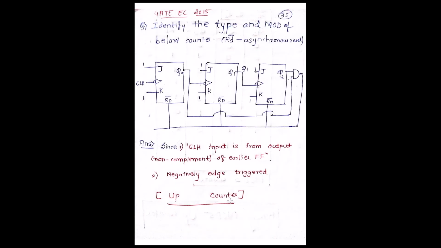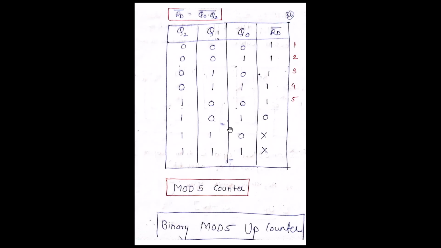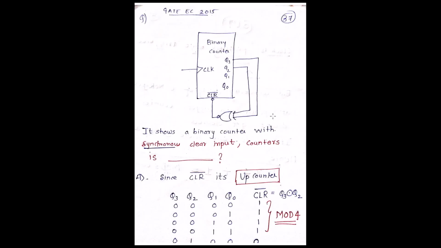So if I have to summarize to you again, just look at the flip flops. The flip flop has two inputs J and K. It has RD bar, which means it's the up counter. The clock is applied only to one flip flop, hence it is an asynchronous counter. Plus there is a triangle shape given over here, which indicates that it's edge triggered, and the bubble indicates that it is negatively edge triggered. Hence it is a negatively edge triggered up counter, which is asynchronous. So you are going to have this truth table. Just put the values over here. You will understand which kind of mod counter it is.